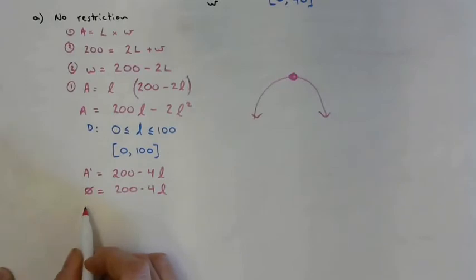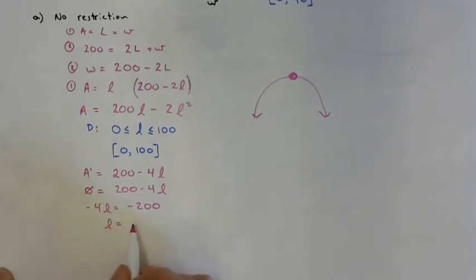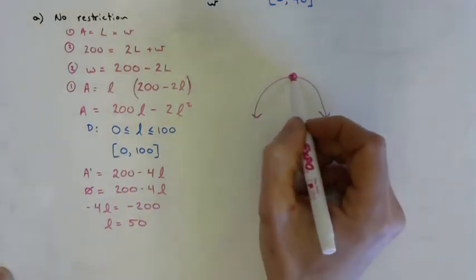Subtract 200 from both sides. Divide both sides by -4. We get a critical value at L equals 50. That means there is either a max or a min at L equals 50. It's obviously a potential maximum,